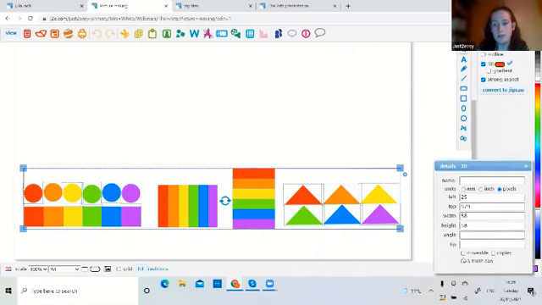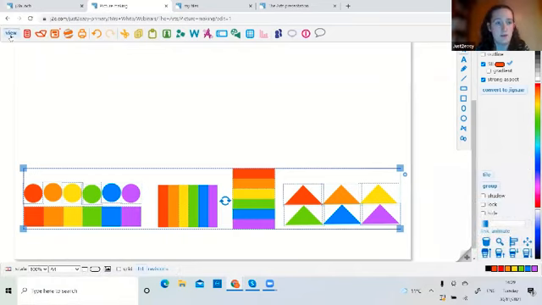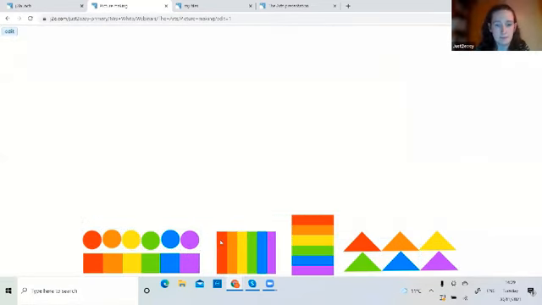This allows me to do certain things to the pictures. One of the things it allows me to do, if I click this button here next to where it says copies, in view mode now, if my children click on those, it will create a copy, and that will do that as many times as they want to. So we'll just show you how that works. If we go into view mode at the top here, children can now drag those as many times as they want, and they can use those as building blocks to create pictures. So just another way to get your youngest learners starting to create art on the computer.